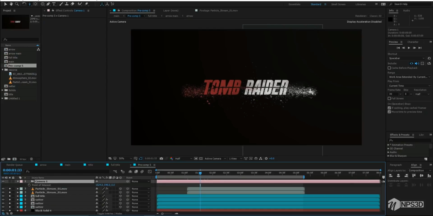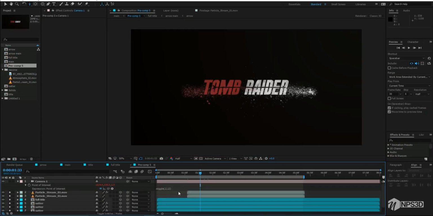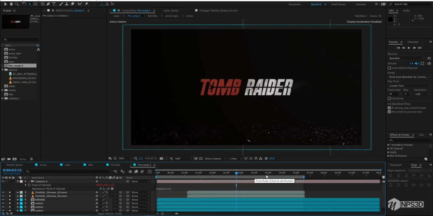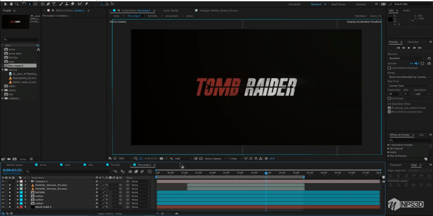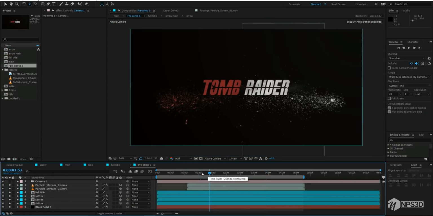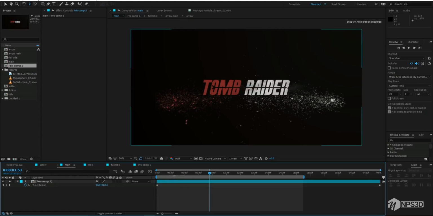Select the camera and press A and just add a wiggle expression a little bit. So wiggle 0.2, 12. So this will go straight with a little bit of wiggle, right? So go back to the main,